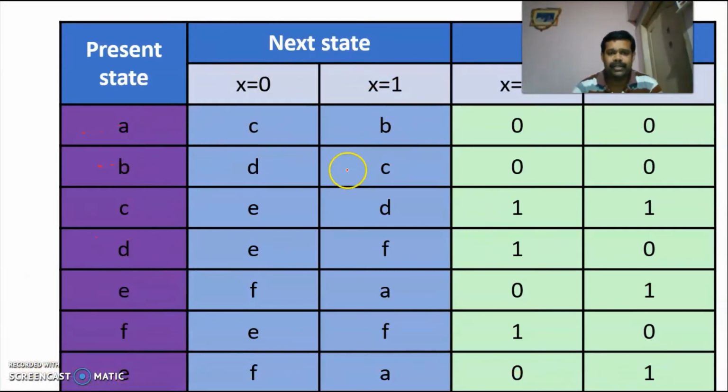I am comparing A and B, no chance. A and C, no chance. A and D, no chance. A and E, no chance. Then B, I am comparing B with C, no chance. C with D, no chance. C with E,